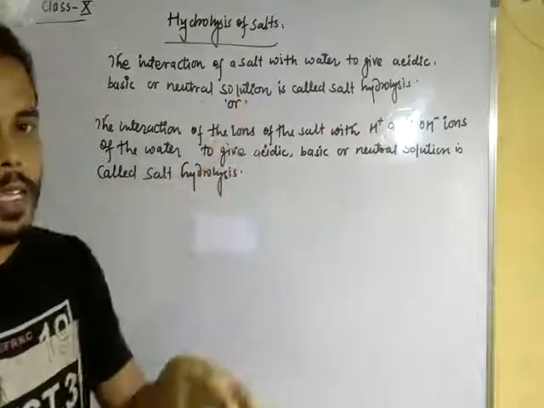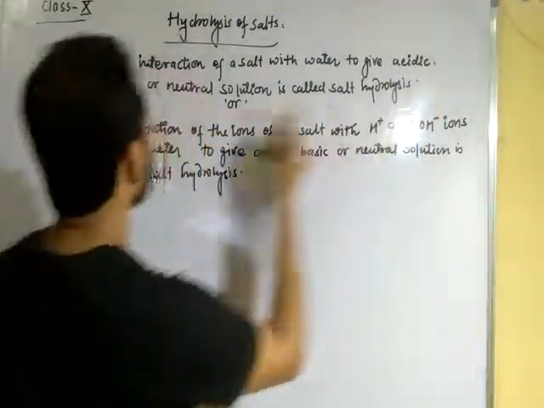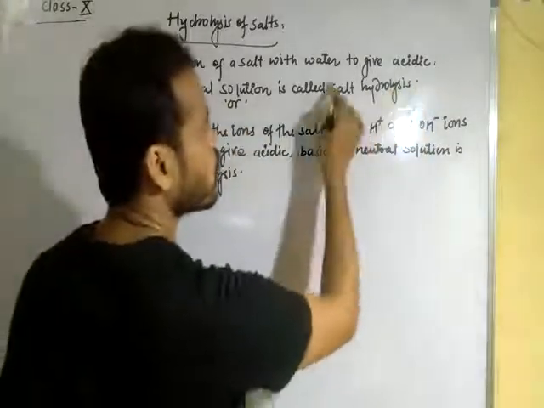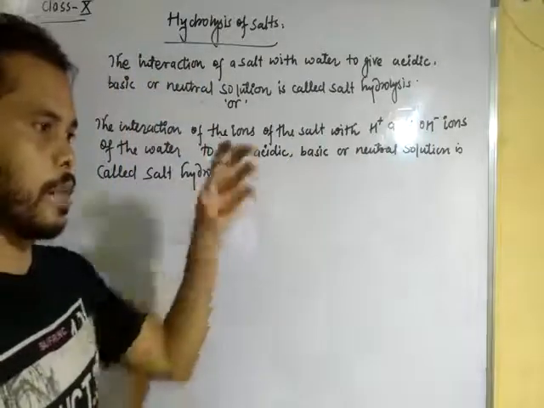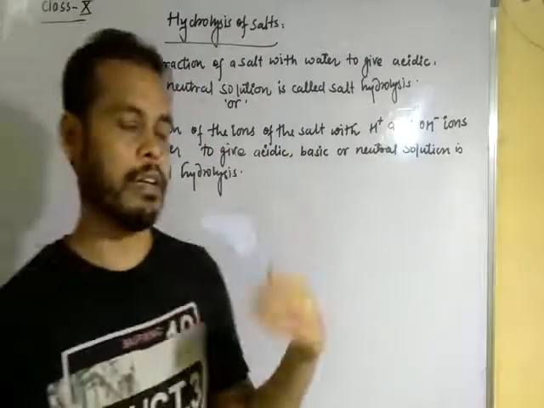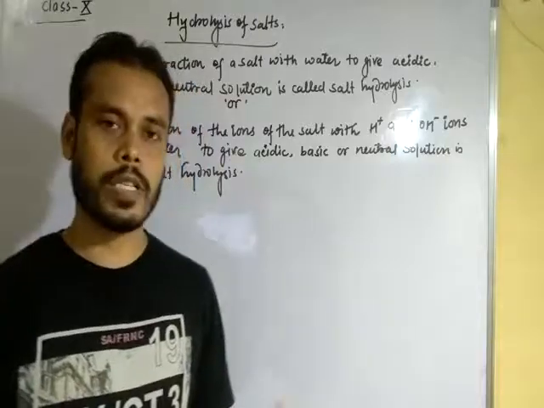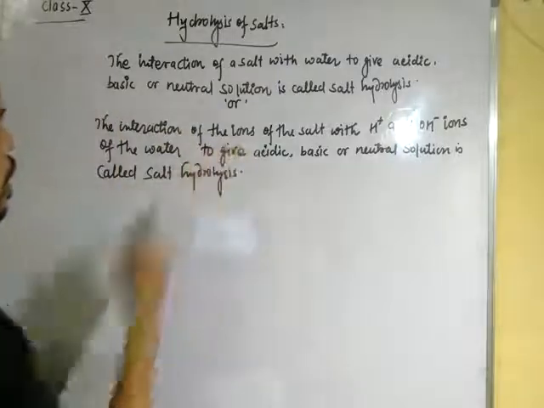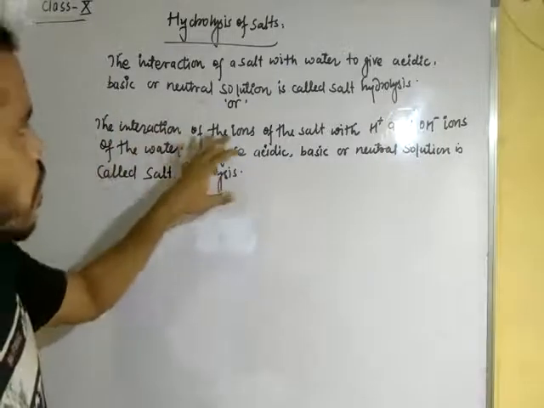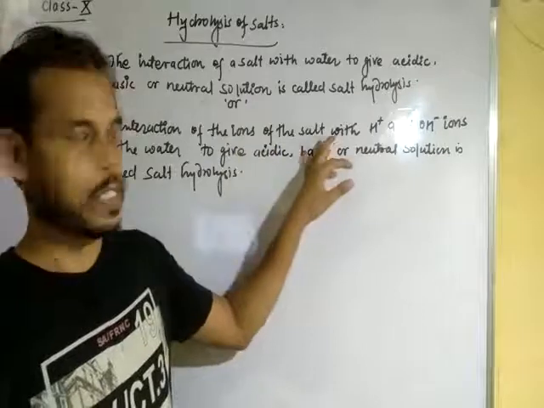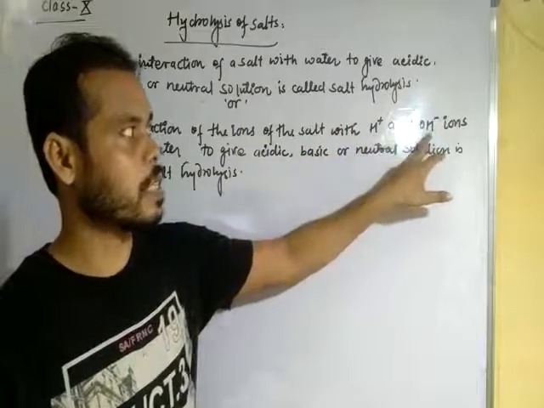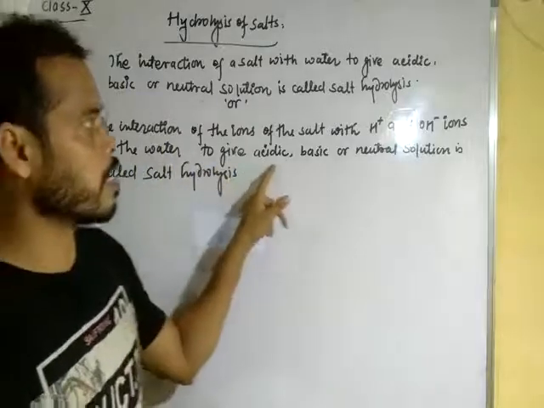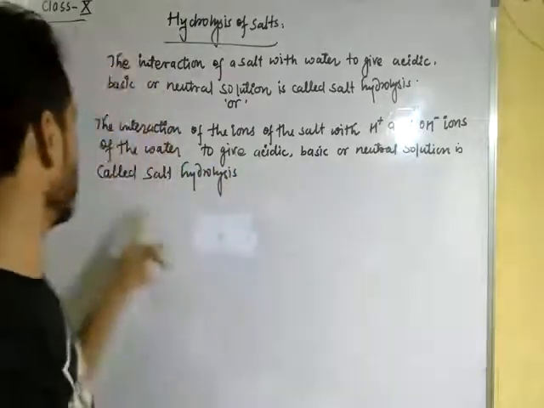When salt dissolves in water, it gives an acidic, basic or neutral solution; this is called hydrolysis of salts. That means after dissolving salts in water, it may give an acidic, basic or neutral solution. In other words, the interaction of the ions of the salt with the H plus and OH minus ions of the water to give an acidic, basic or neutral solution is called salt